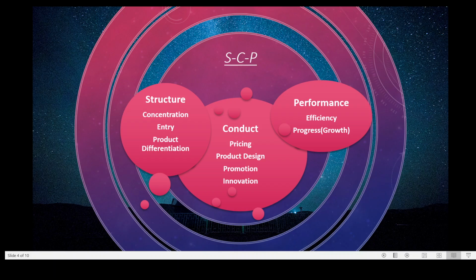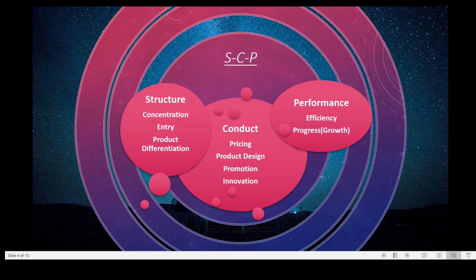Let us briefly examine these elements by taking the aviation industry as an example. Managers need to know the concentration. Is it an oligopoly? Are there only a few? Or is it a monopoly? So, in the airline industry, there are only a few operators: Air India, Indigo, and also SpiceJet. So the concentration is limited, oligopolistic. Only a few players are there.